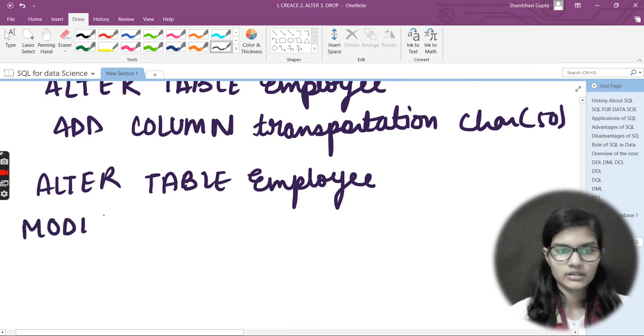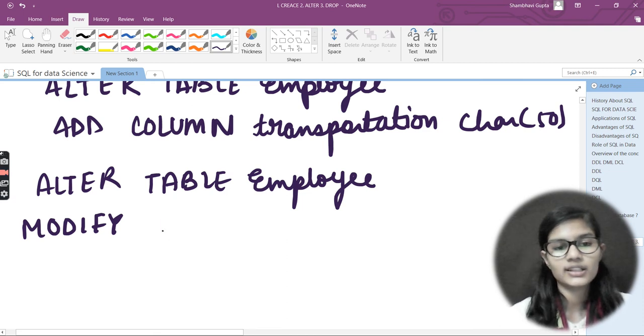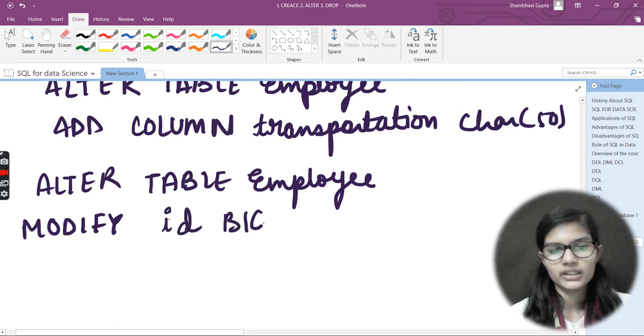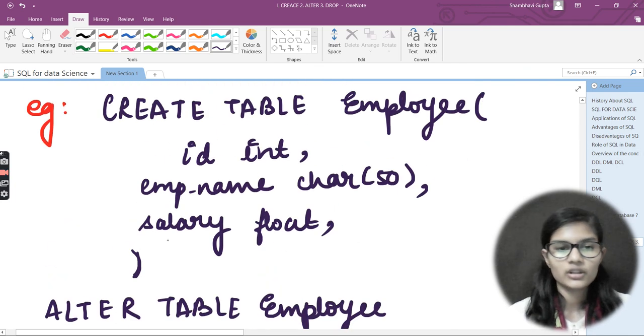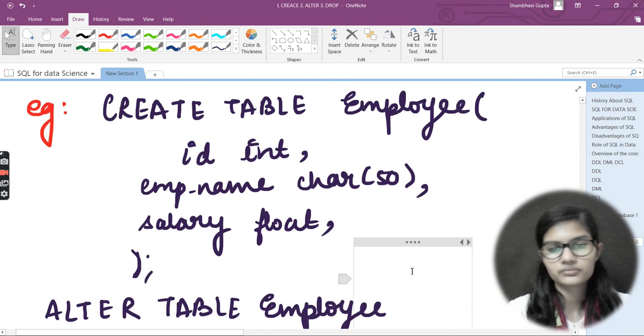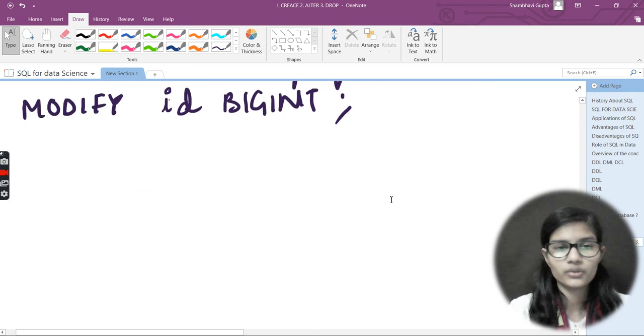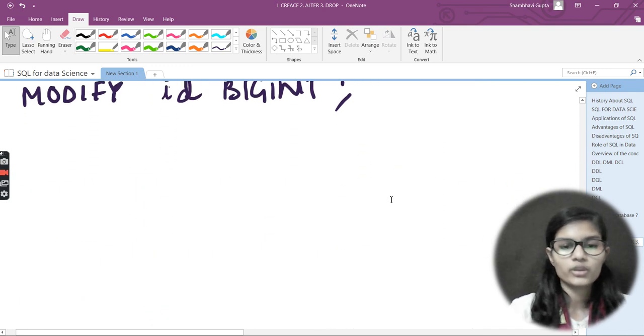So let me write that: MODIFY, and the column I want to modify, let's say ID. I want to convert that to BIGINT. So I write that and put the semicolon at the end. Everywhere the semicolon is put at the end, so make sure to put it and do not forget. So I have modified my table.